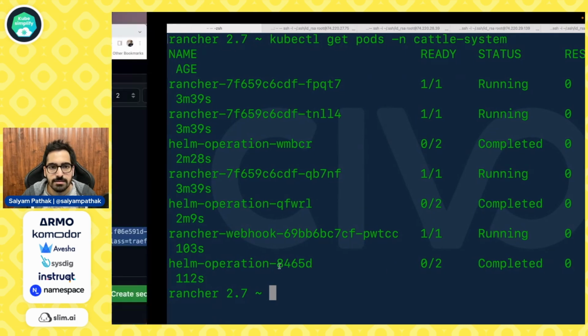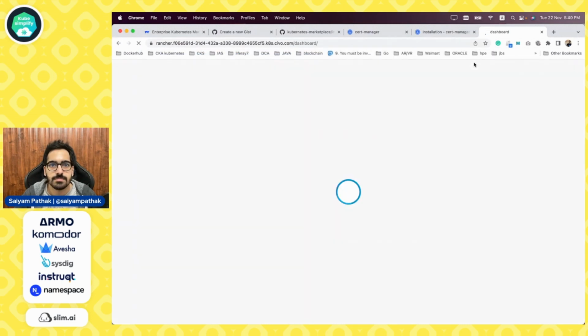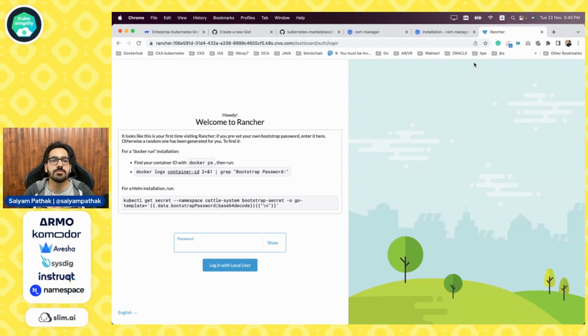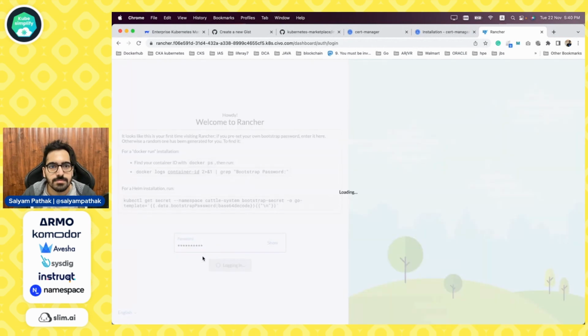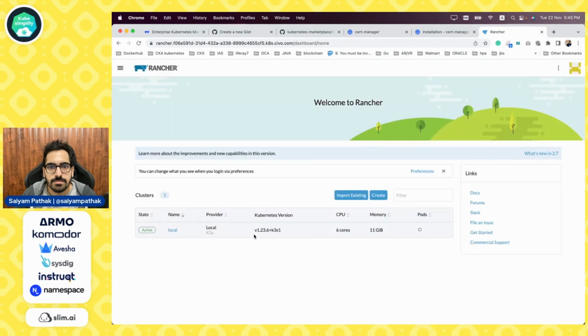Now let's go to the link that we provided, and we will be able to see the Rancher dashboard. We actually know the password, which is demo123456. Continue. When you install Rancher on a particular Kubernetes cluster, that cluster already comes as an imported cluster. So the cluster in which we have installed Rancher has already been imported. This is the main UI of Rancher,